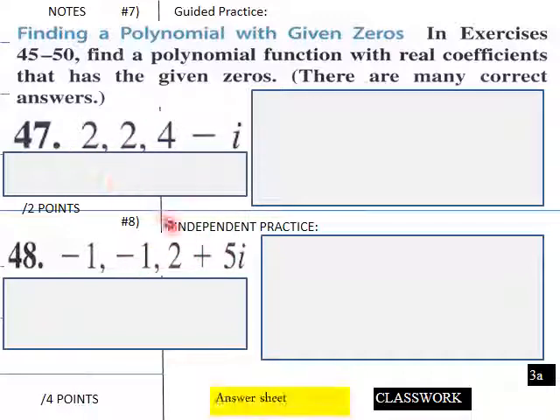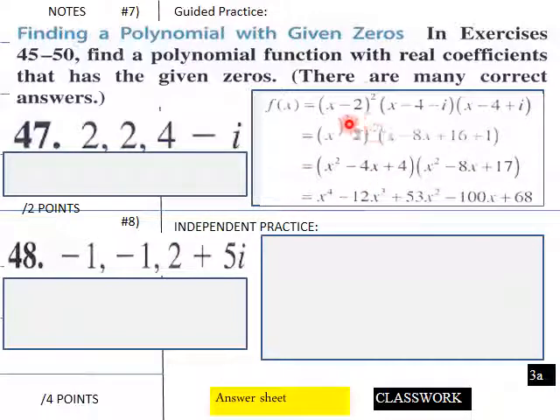So for the first one here, we have (x minus 2) squared, since 2 is a zero twice. And then we have (x minus (4 minus i)) and (x minus (4 plus i)), which is how we would put this into factors of this polynomial. And then when you multiply these together,